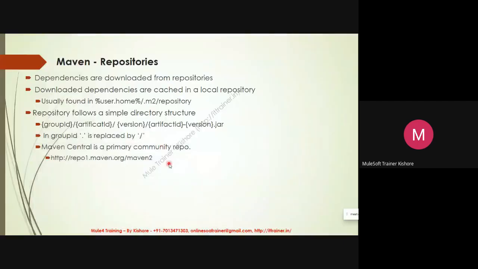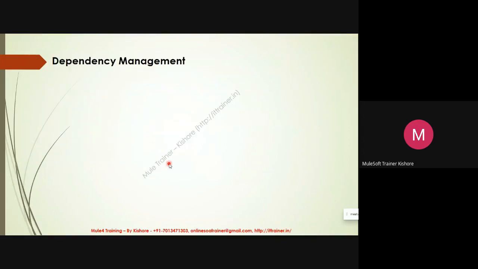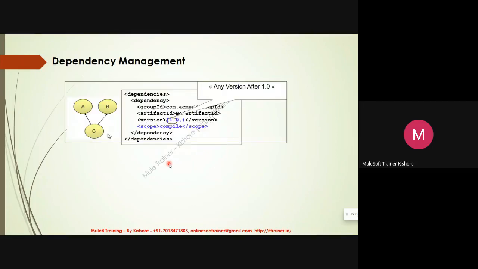Those who have some background on Maven, they feel it is interesting. Those who are listening for the first time might get confused. I recommend you go through the session again and practice again. Dependency management. The same thing we have discussed. When your project externally needs a dependency, you need to mention that in the dependencies of your Maven project: group, artifact, version. The actual project that you are using as a dependency should also be a Maven project, and it should have a group ID, artifact ID, and version.